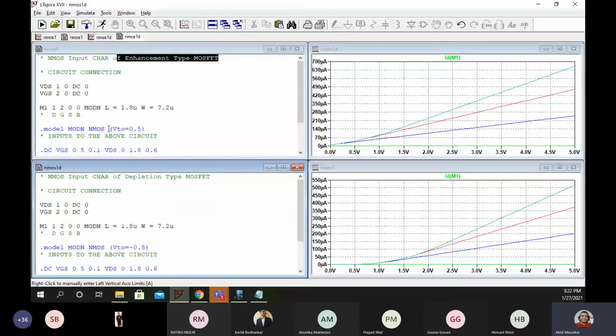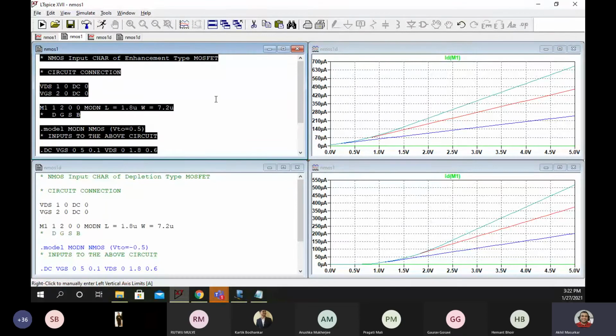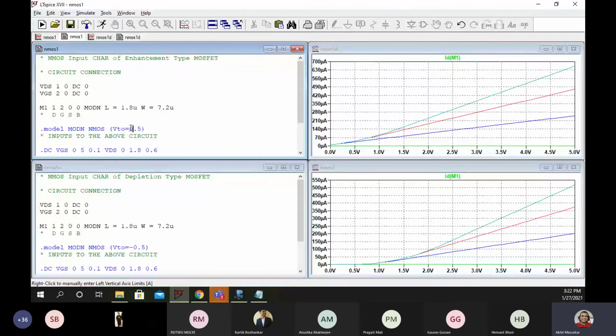Now what is the change? You will just copy this code and put it in the next one, and instead of this line VTO is equal to 0.5, we will write here VTO is equal to minus 0.5.